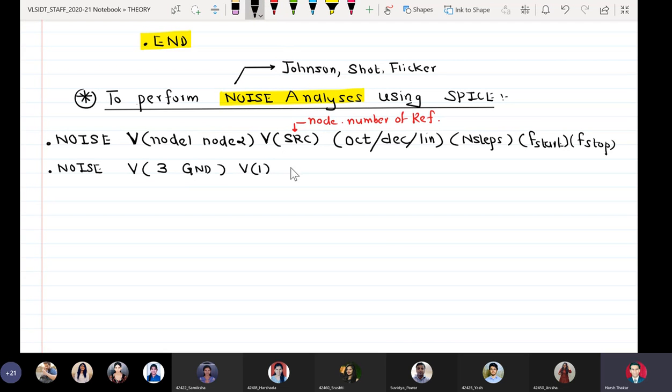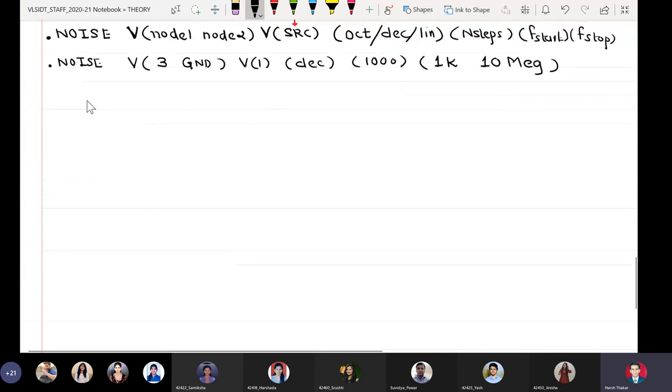If you want to perform a decade analysis, that is like on a semi-log paper, we can say DEC. I want 1000 steps. I can say start frequency. If I know that a particular noise is existing from 1 kilohertz, I can say 1K, and you can stop at 10 meg. Don't write capital M. Okay, don't write capital M. So you can understand here in SPICE,